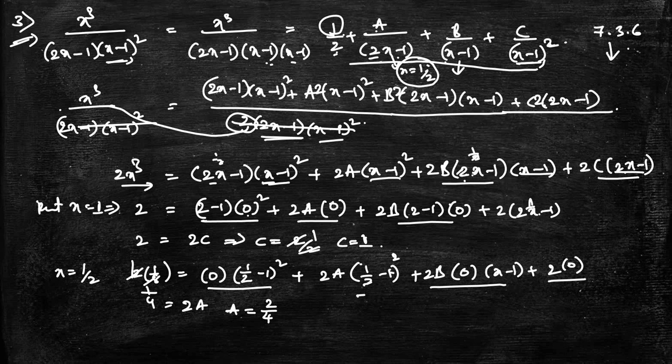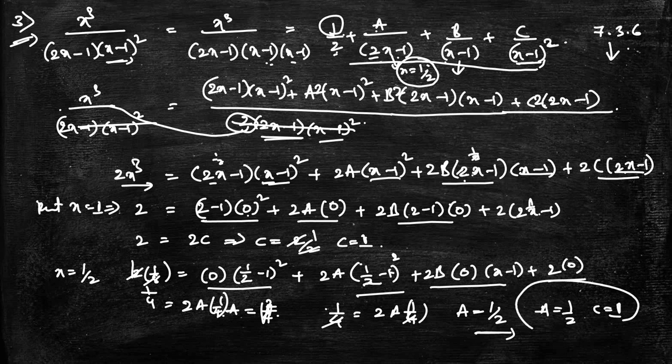Here students, you see here 1 by 2 minus 1 is there, no? So it will become 1 by 4 actually. Sorry, this is not the answer. Here 1 by 4 is equal to 2a into 1 by 4 will come here, so this 4 will get cancelled here, a is equal to 1 by 2 will come here. So what we have got, a is equal to 1 by 2 and c is equal to 1, these two values we got.